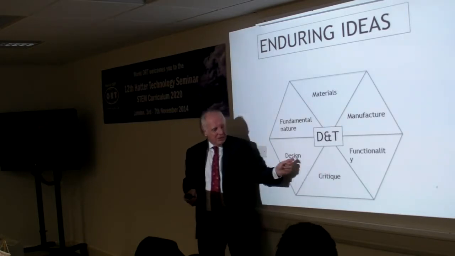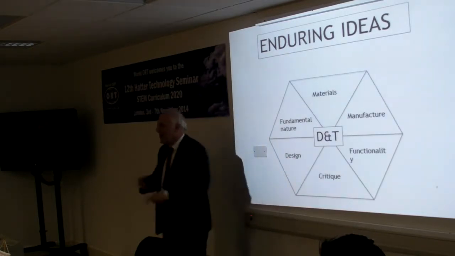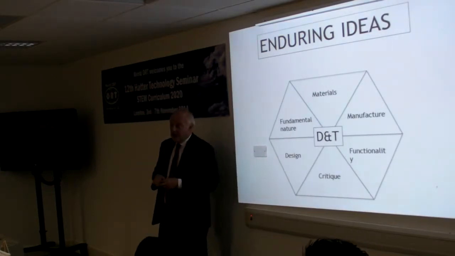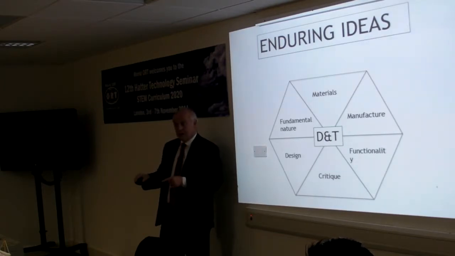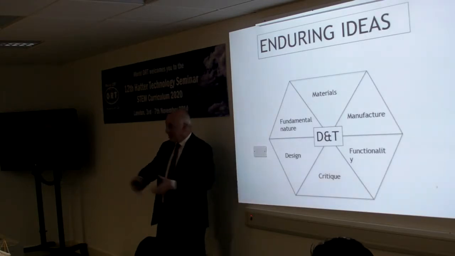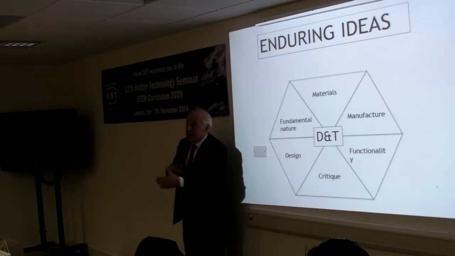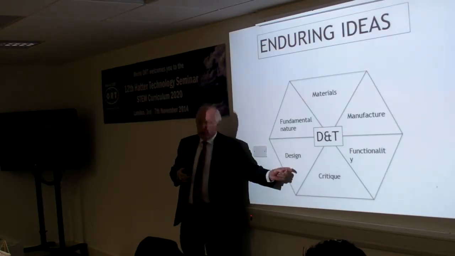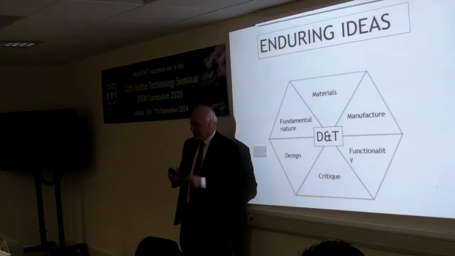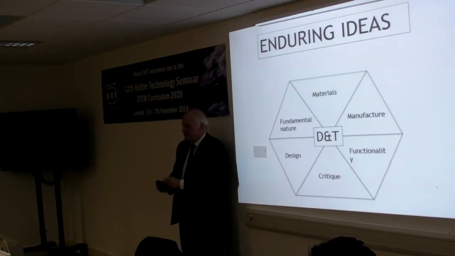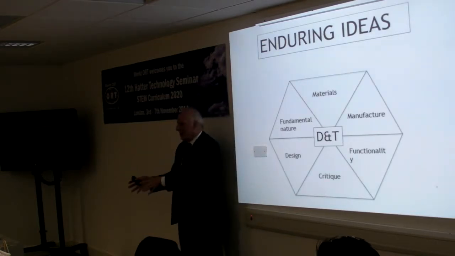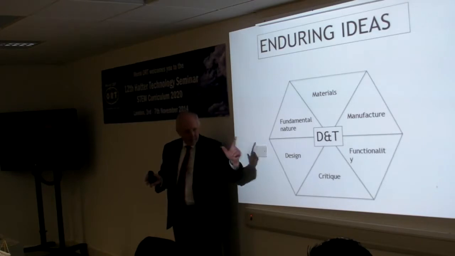And I think there's two levels of critique. Often you hear in design people talking about evaluation. We want to evaluate it. And it seems to me often when you evaluate it is whether it is fit for purpose. Does it do what it was supposed to do? Does it meet the design requirements? And it's important to do that. But I think sometimes we have to stand back a little bit further and say, should we be producing things that do that sort of thing? You know, people say, does it do what it says on the tin? Stand back. Should we be doing what it says on the tin? Okay. Both are important.